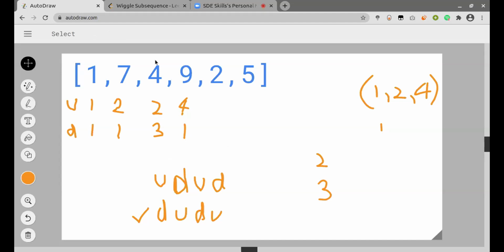But 9 doesn't have any greater value in the previous indexes. So if 9 doesn't have any value greater than 9, which would make it a decreasing sequence at last, I can just take 9 as an initial element of my decreasing sequence. So in that way, the value 1 comes here.